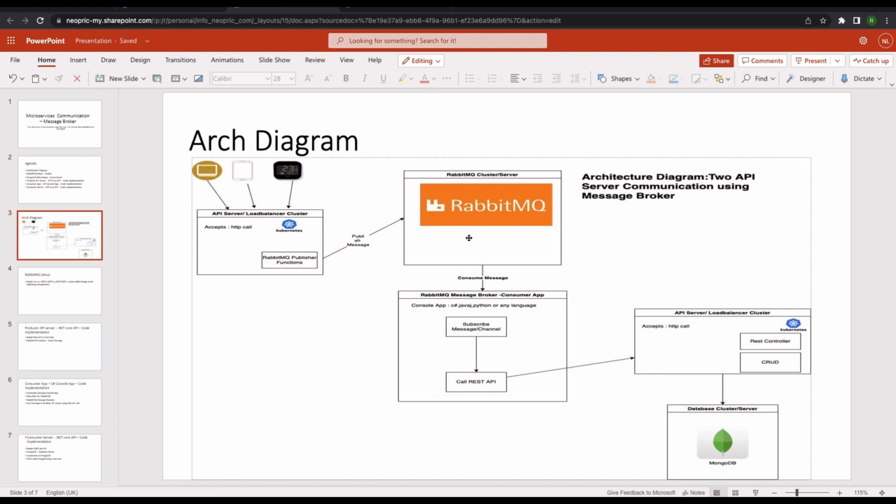So we have to subscribe to that message or channel, and once we subscribe, we have to call the REST API of another server. In our scenario, we have two servers which are located on different servers with different domains, so we have to find a way to communicate. Another way is that we can create a subscriber here, and this API server directly calls this one, but